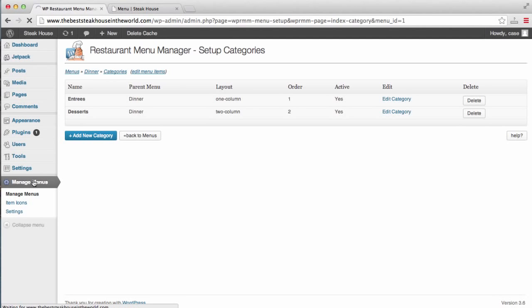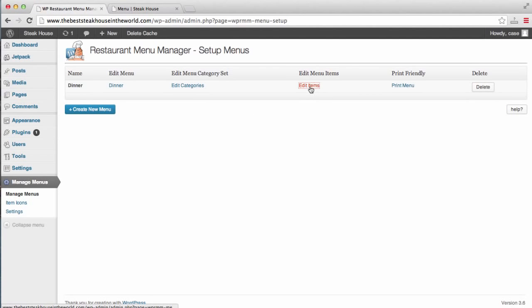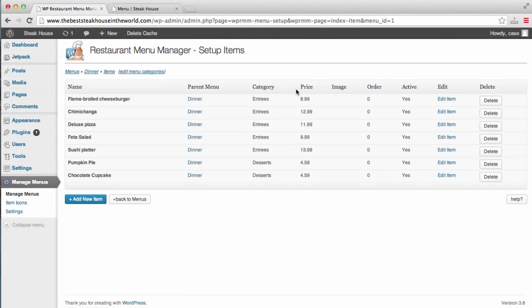We can go to edit menu items. So we can come here and click on edit items, and we can just go in here and edit these items and also add new menu items. So for instance, let's click on this cheeseburger item,